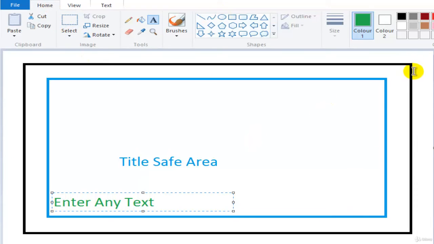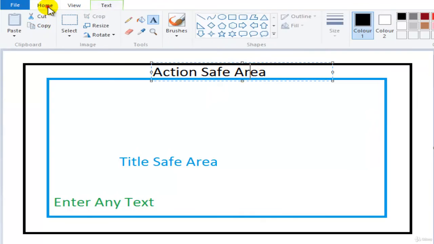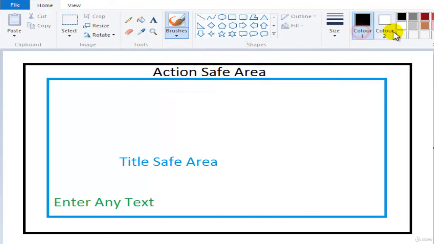Now coming to the black box. This black box is known as the action safe area. What is this actually? Suppose there is a character or any kind of speaker who is in the video, or he or she is doing any action. It has to be something within this frame, the black box, which is visible here,